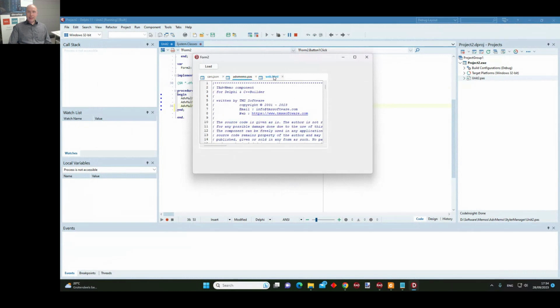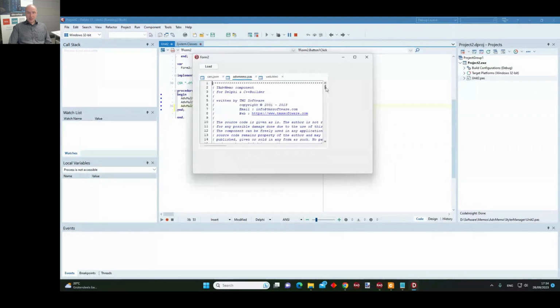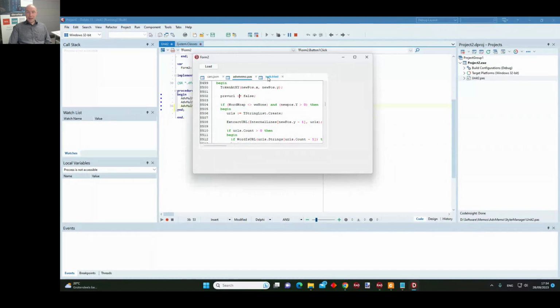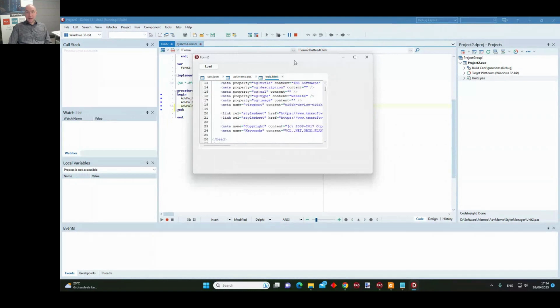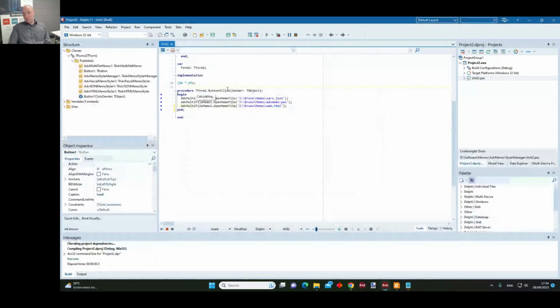And you can see that for the JSON file, it applied the JSON styler. For my Pascal file, I'm still in the standard Pascal style mode. And my HTML is styled with the HTML styler component. But that shows you how you can deal with multiple files easily and also have the proper styler applied for each of these file types.